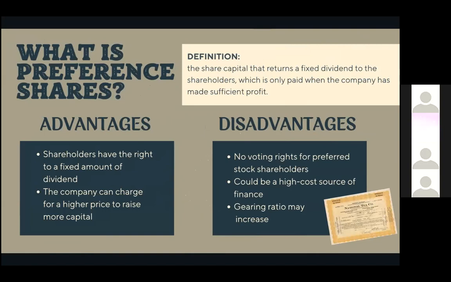The other type of shares is preference shares. What is preference share? Preference shares is the share capital that returns a fixed dividend to the shareholders, which is only paid when the company has made sufficient profit. The dividend will be limited to a fixed percentage of the face value and is stated on the share certificate. Preference shares don't carry voting rights in the general meeting, but they have advantages over ordinary shareholders when it comes